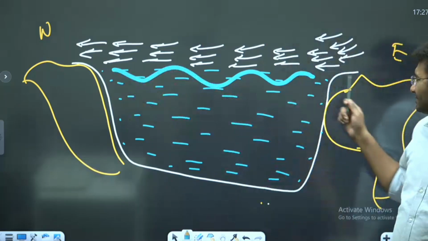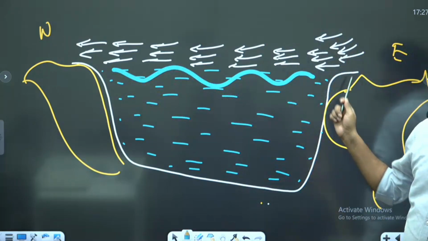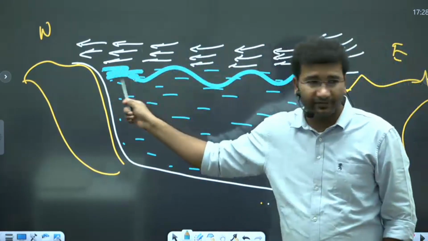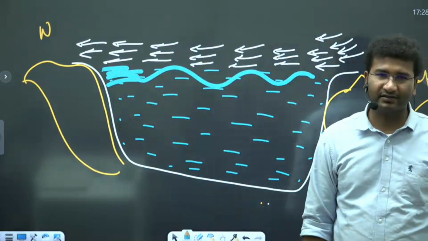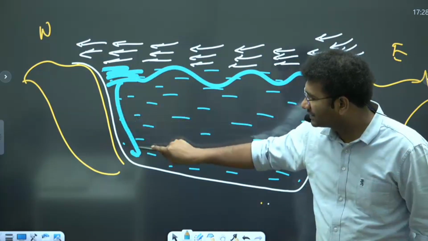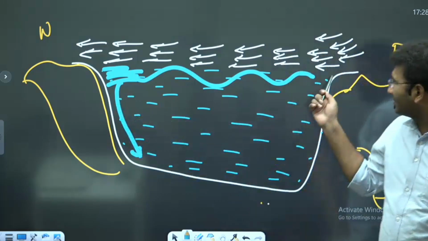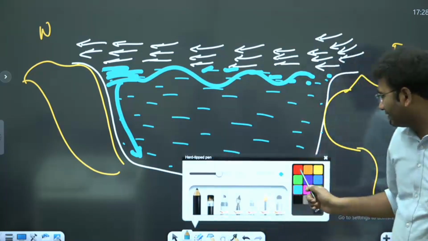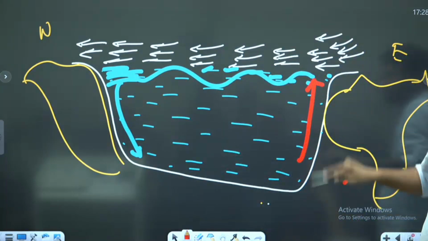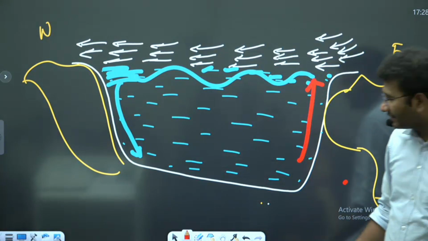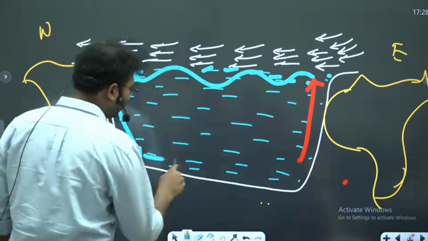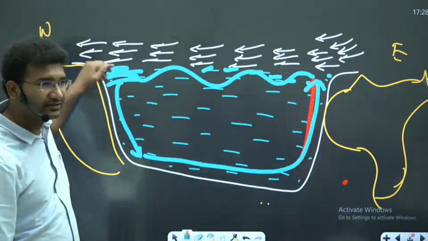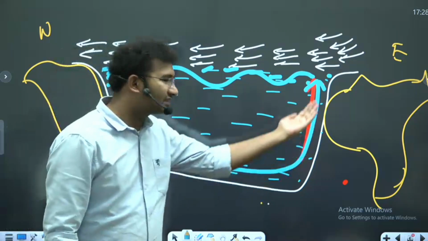That means from the west coast of Africa towards the east coast, the water started to move, and the water will start to pile up here. After piling up, what happens? The water will start to sink. And then, as the water moves from east to west, from here you will slowly see some water start to rise up. Like this, the entire water will form a cycle, with water continuously moving from one place to another, and then sinking and rising again.